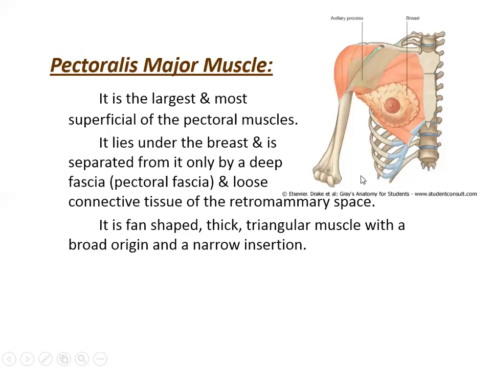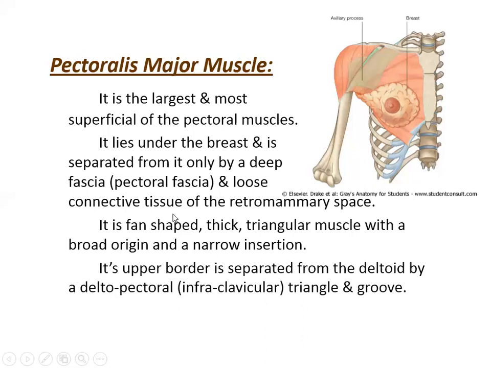So these kinds of muscles which have a large origin and a small insertion are especially helpful if we want to do heavy work. A big, bulky origin and a small insertion will help in greater and powerful movements. So it helps in the movement of the upper limb, as we'll see later. That's why this broad origin and narrow insertion help in powerful movements.